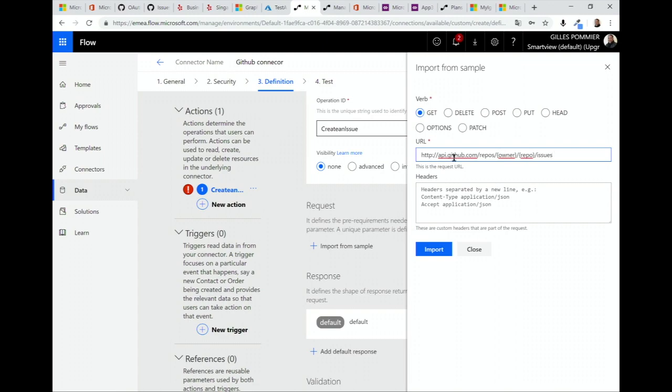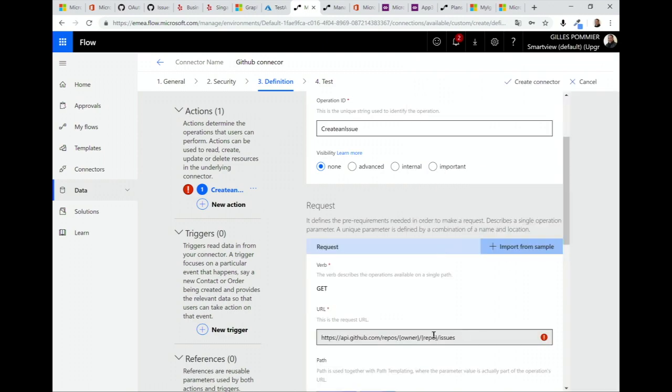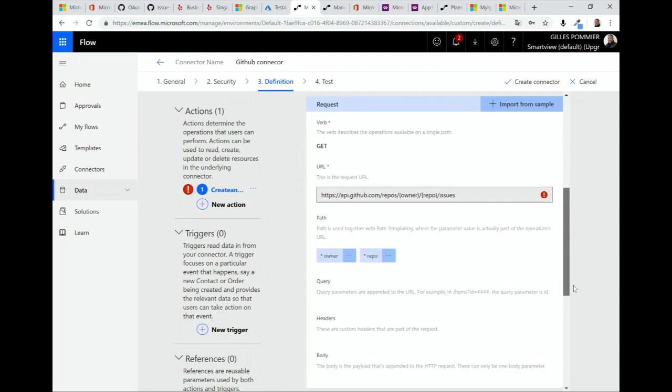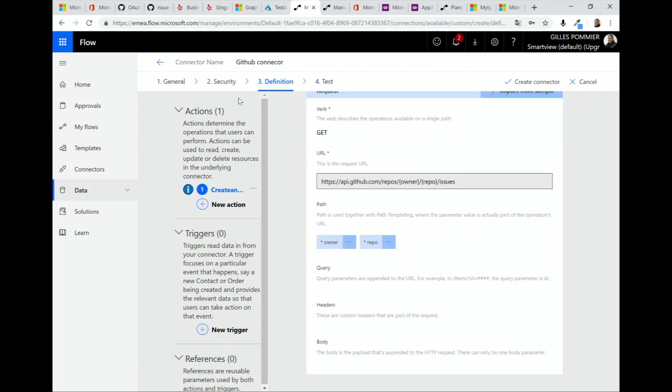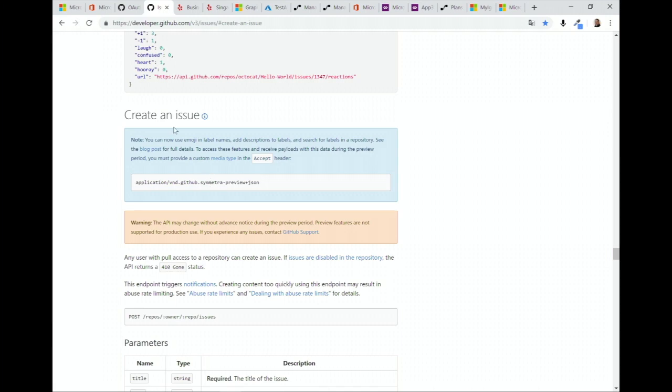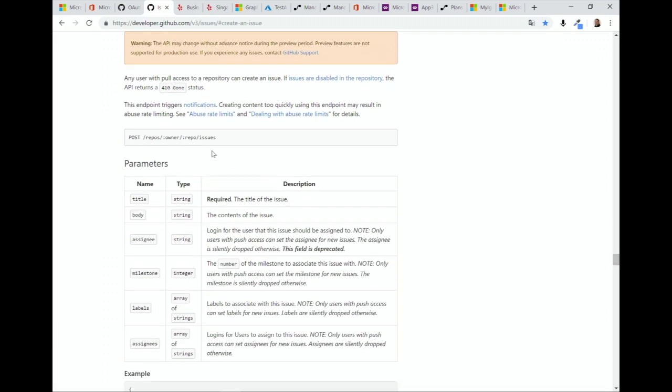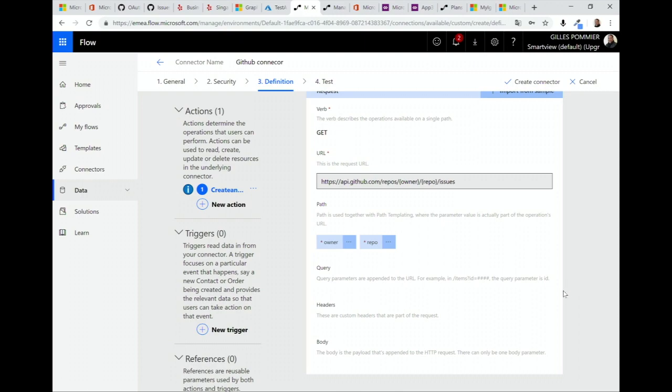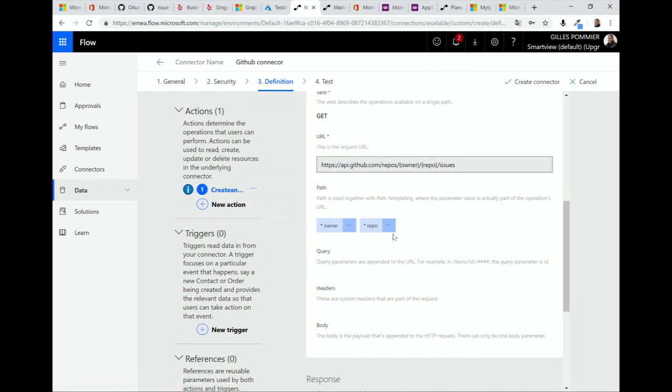So I just cut and paste. It takes two parameters, the owner and the name of the repository, and then I can import. So this is something that I have in the documentation, exactly the same with the repo and the issue. And then it gives me those two parameters.